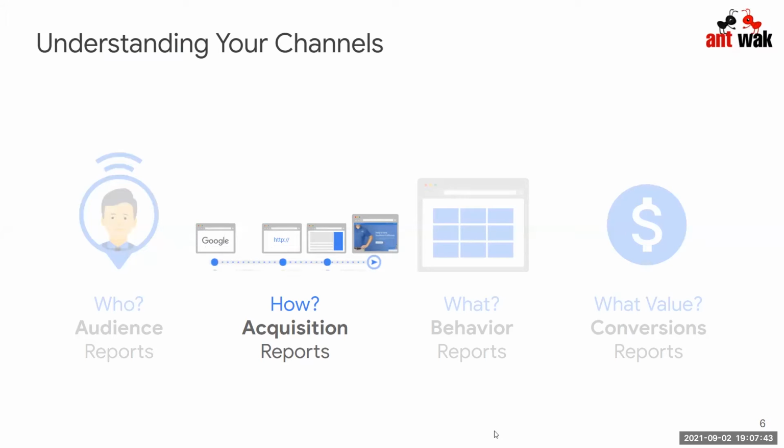Before we discuss acquisition reports, I think it will be helpful to know how Google Analytics, or GA, identifies traffic sources for your website. When a user lands on your site, the Google Analytics tracking code automatically captures several attributes about where the user came from. This includes traffic medium, source, and campaign name. So you can think of medium as the mechanism that delivers users to your website.